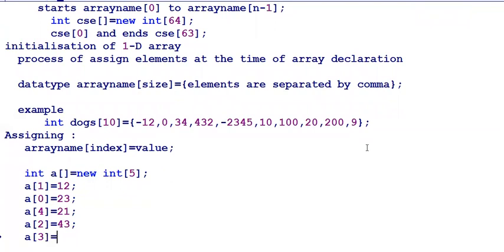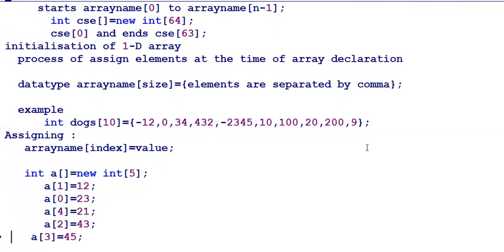Not in the same order, but when you give the same order it is easy to remember how the elements are given to the array indices. Here all the elements take place from 0 to 4, this is the first element and this is the last element in sequence order.